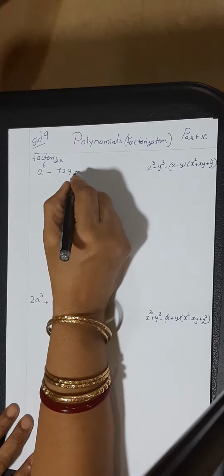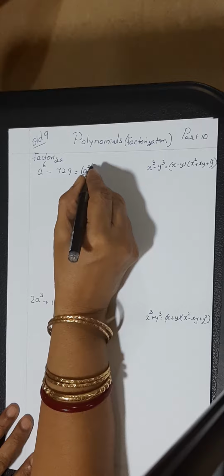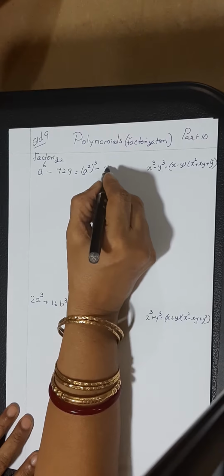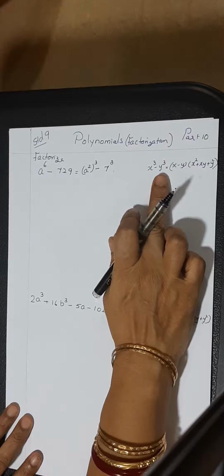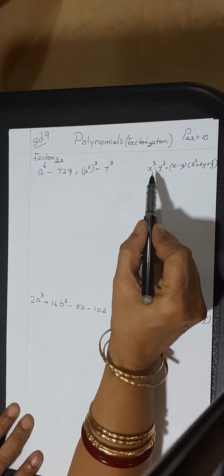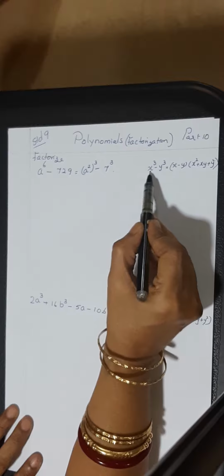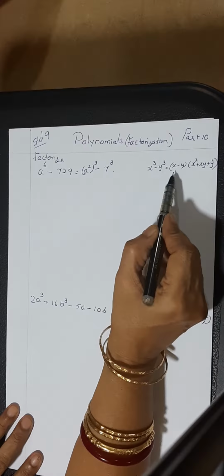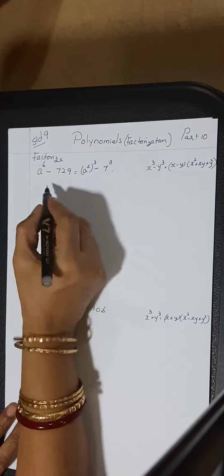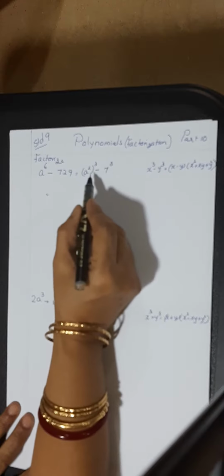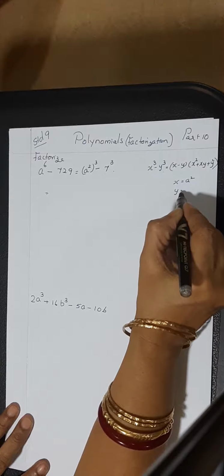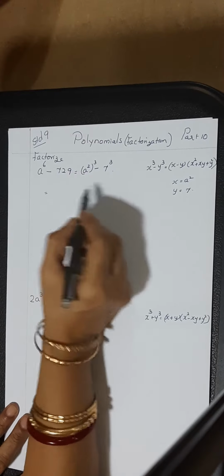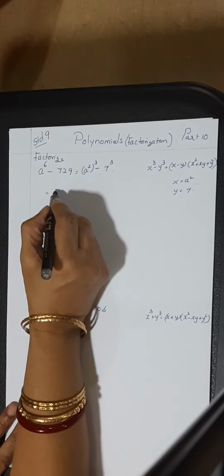So we can write this as a squared the whole cube minus 7 cube. So this is of this format, x cube minus y cube. So substitute a squared as x and y as 7, and then substitute in this, we will get the answer. So x is equal to a squared and y is equal to 7. So x minus y is a squared minus 7